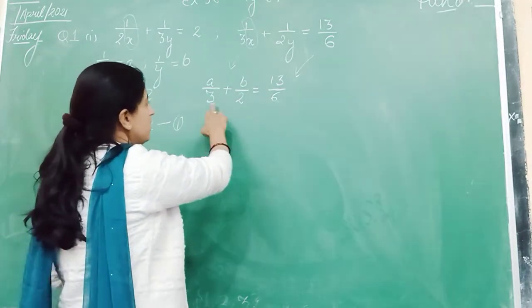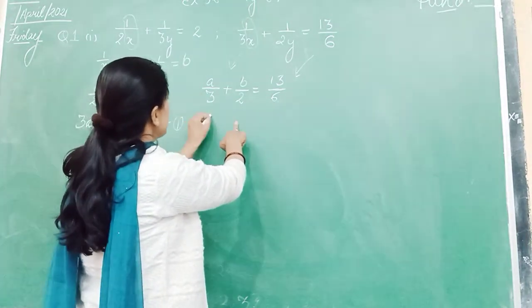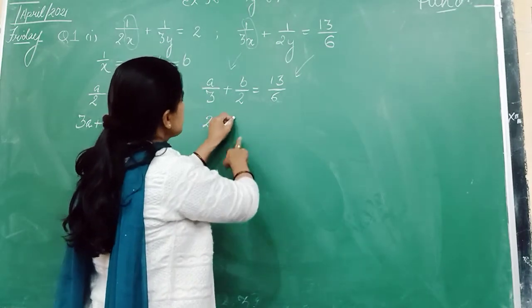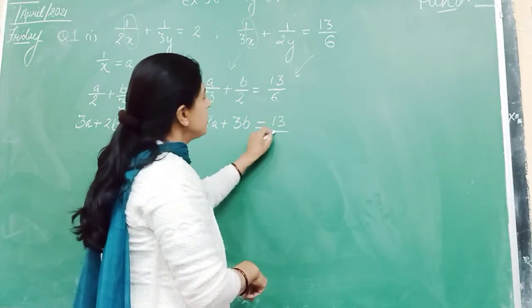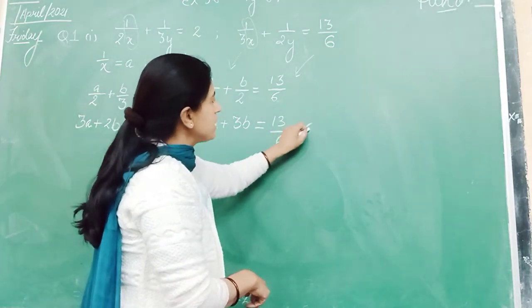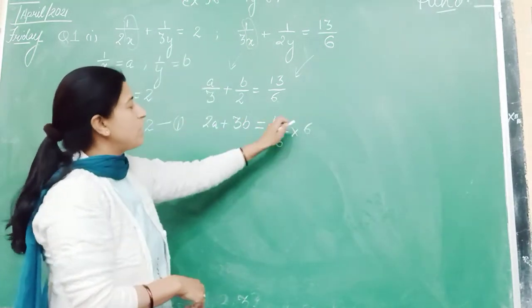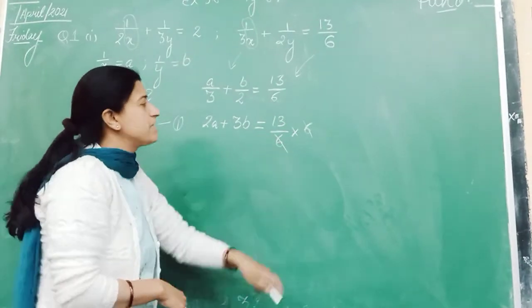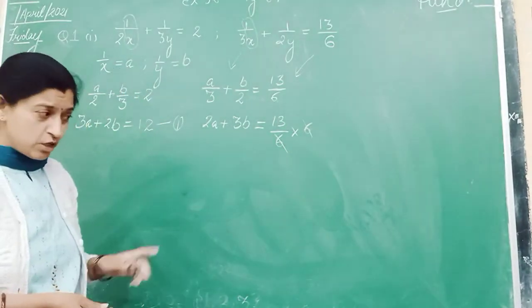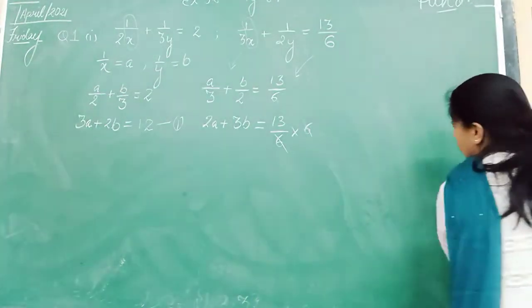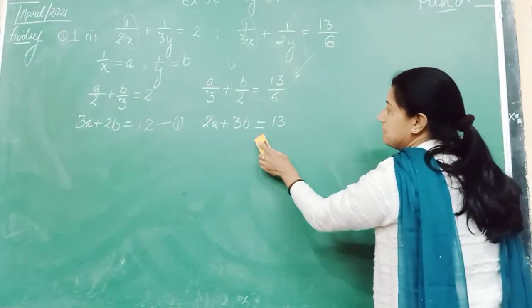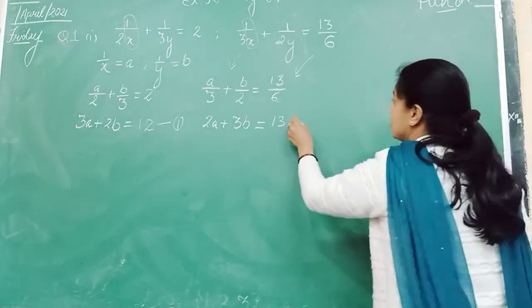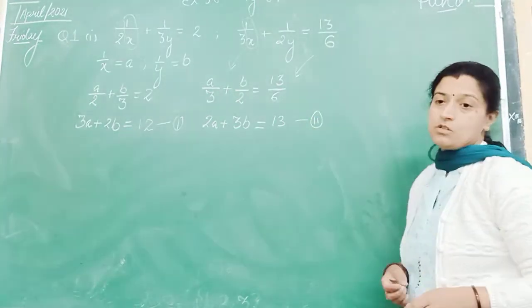So that is how you get your first equation that we proceed to solve. And likewise from here again denominator will be 6. This will become now 2a plus 3b is equal to, it was 13 upon 6 and would be into 6. The denominator 6 here will be cross multiplied, so that 6 and 6 get cancelled. So your equation reduces only to 2a plus 3b is equal to 13. That is how you will consider your second equation.